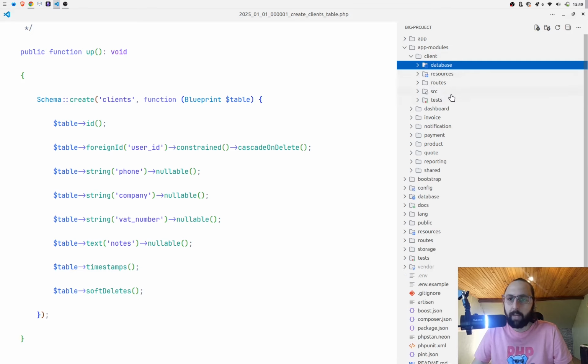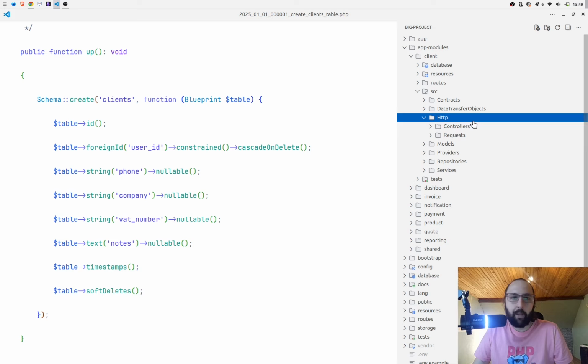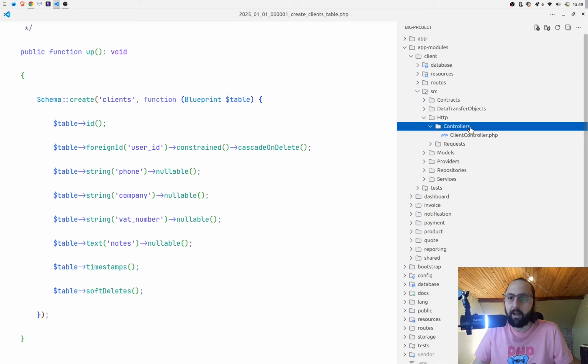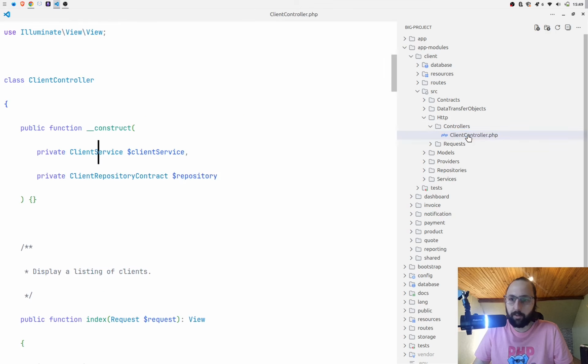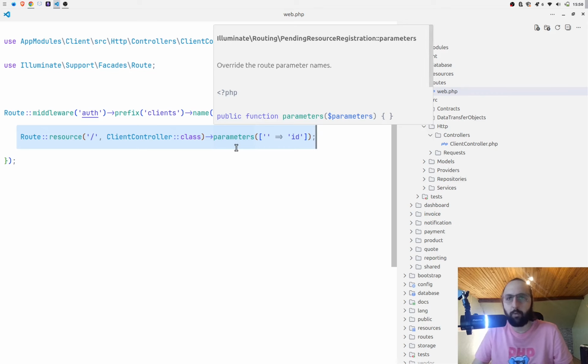But the most important here will be the SRC. Remember, each module here is a mini Laravel application. So in the source, which is the app equivalent, we can see, of course, the HTTP folder, and inside we have the controllers folder, and we have our client controllers. Okay, if I go to web.php in routes, of course we have here the mapping of routes with